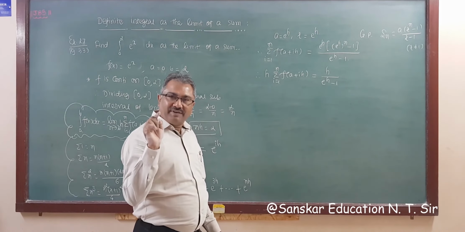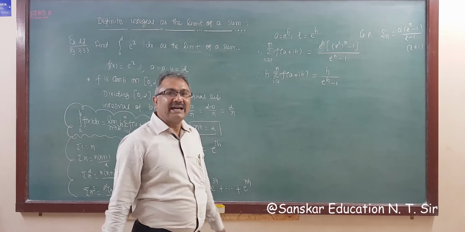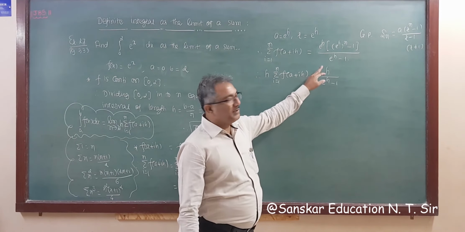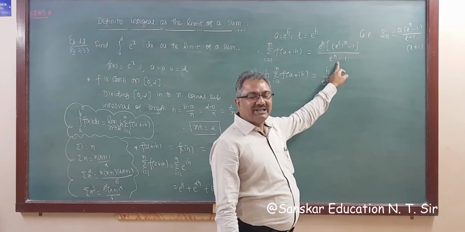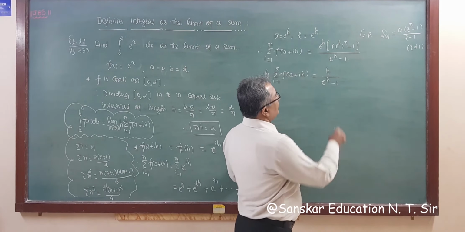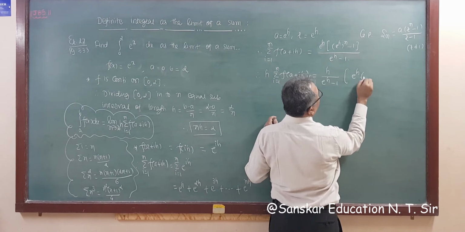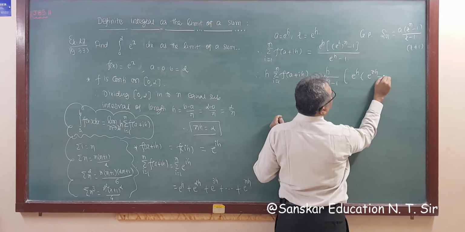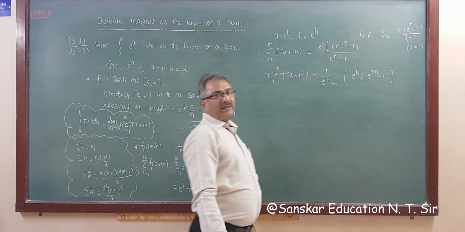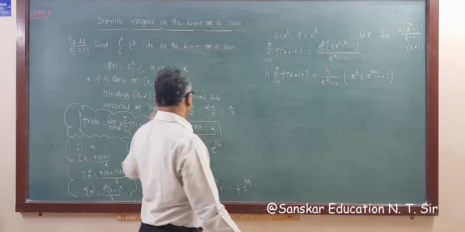Now remember one thing, this is a technique for writing fewer steps. While you are multiplying by h, always keep the denominator e raised to h minus 1. Always there is this step, either a raised to h minus 1, whatever that may be. So with h you have to write the denominator and then keep the numerator in another bracket, that is e raised to h, and this is e raised to nh minus 1. Got it? Okay. Now nh is again 2.